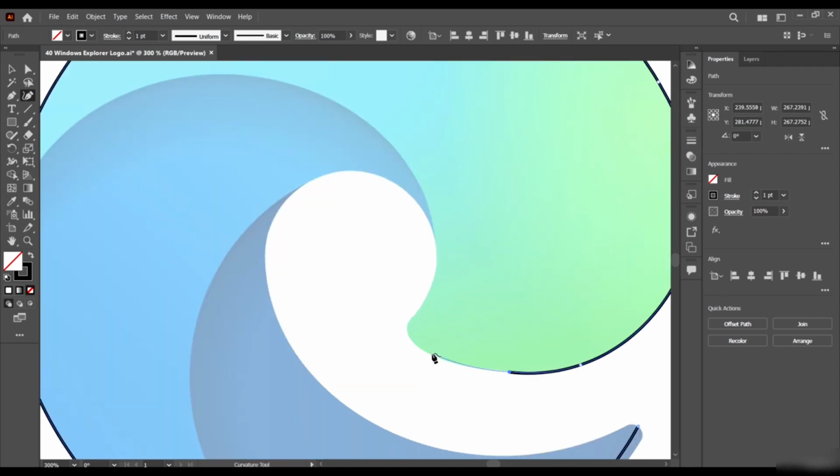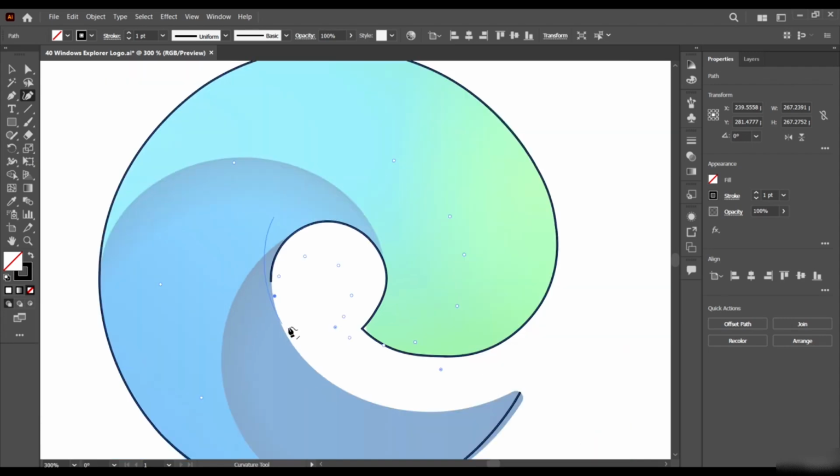Some places will need more points, some will need fewer points. So I'll double click here and click once, click once, click once, and so on. I want to click once again.